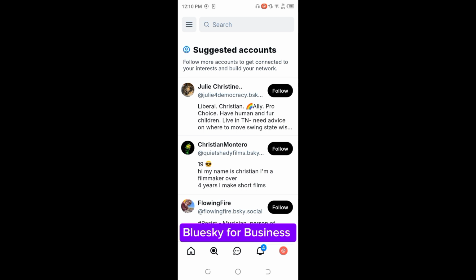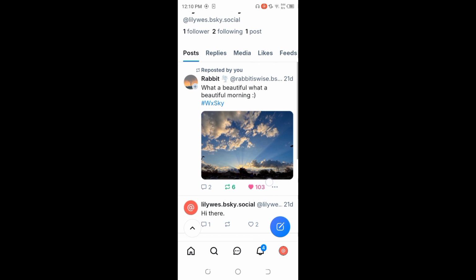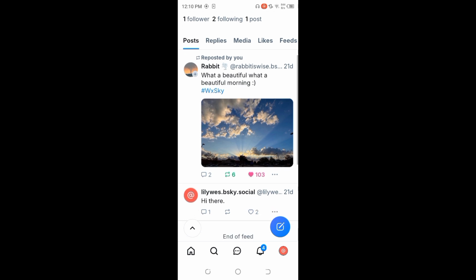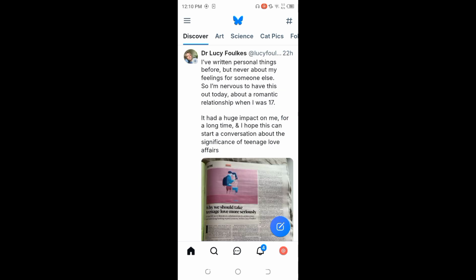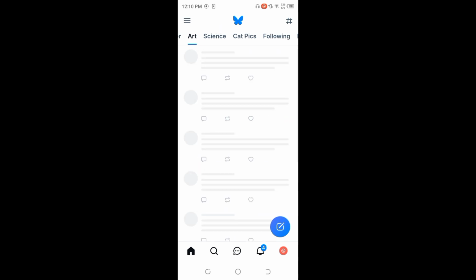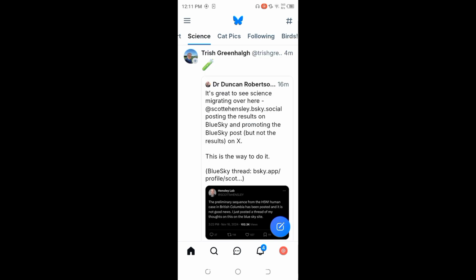And if you're thinking about incorporating Bluesky into your brand strategy, it is an open playing field with no set rules yet, making it the perfect platform to experiment and lead. So here's how businesses can make the most of it. As an early adopter, you can establish your brand's voice and pave the way for others. And with many media professionals migrating to Bluesky, it is a great place to share updates and build PR connections. And last but not the least, you can cater to specific audiences by creating or joining focused groups aligned with your brand's mission.